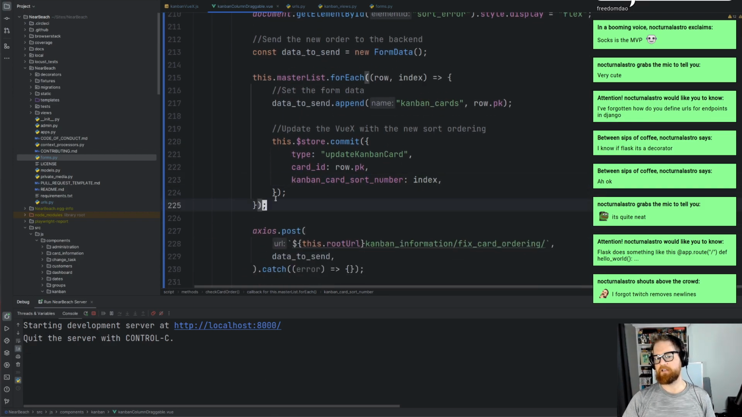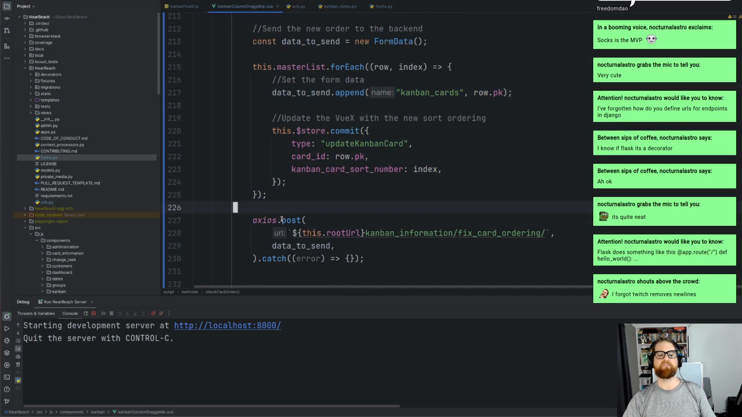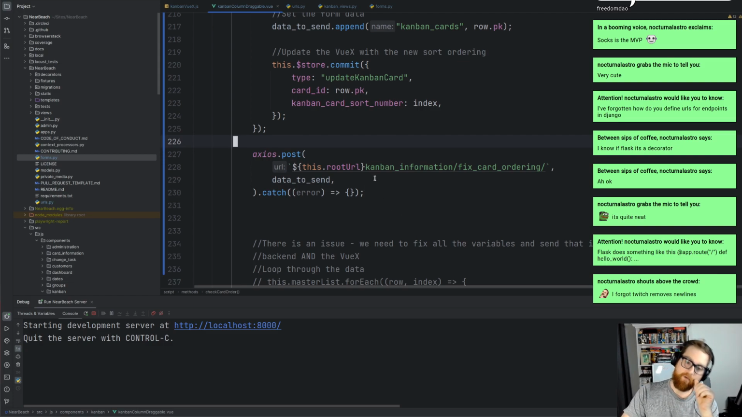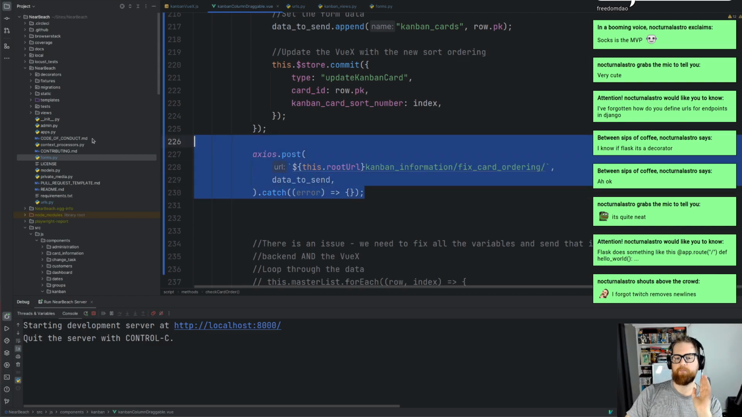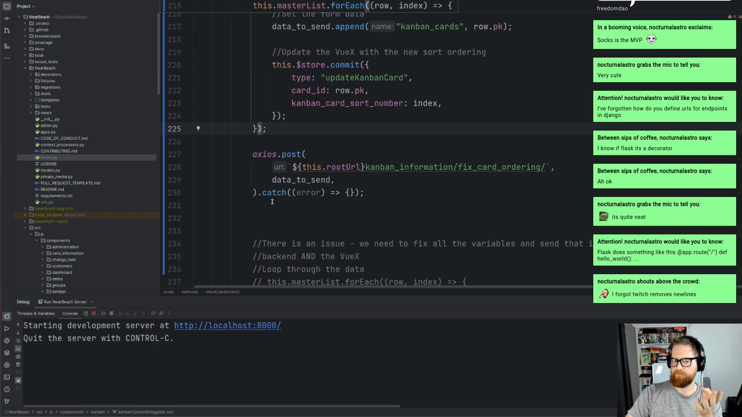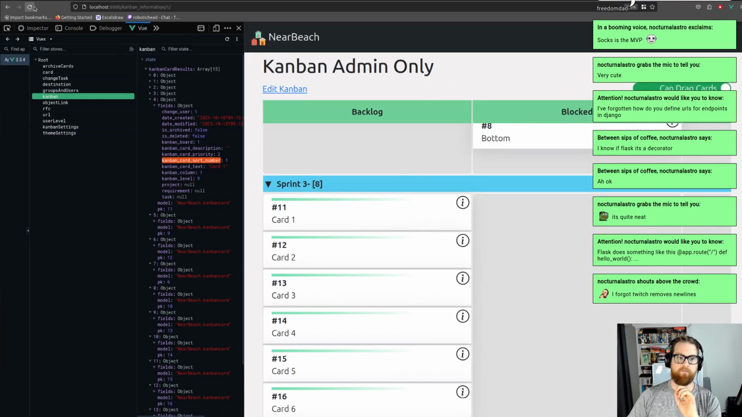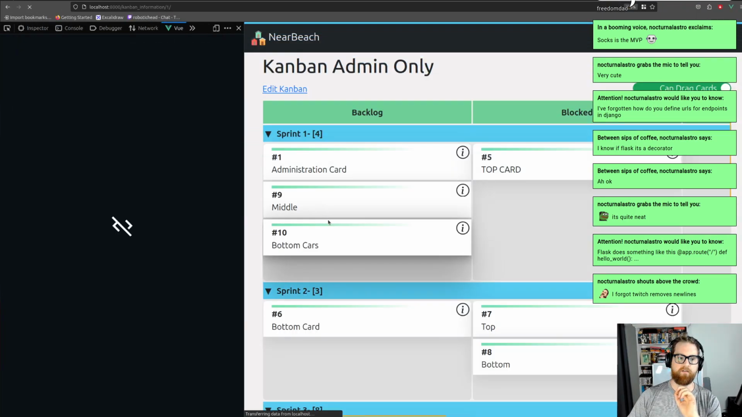So we're doing two things here. We're just setting the form data and then we just update the Vuex. It saves us having to do that in the secondary loop. Once we've also got the data to send set up, we just send it to the backend. And if there's an error, we'll show an error. But otherwise, we'll assume everything worked perfectly fine. So if I hit reload,